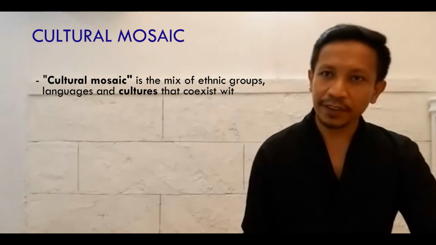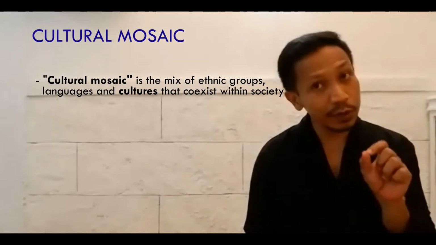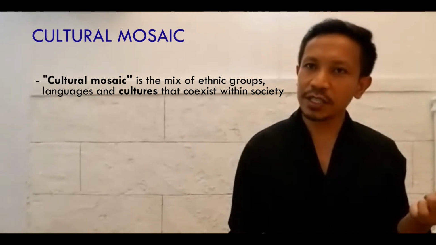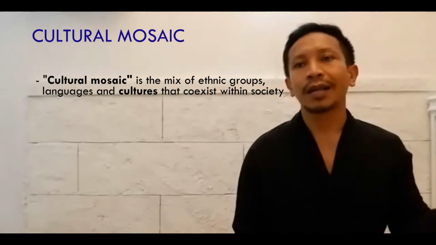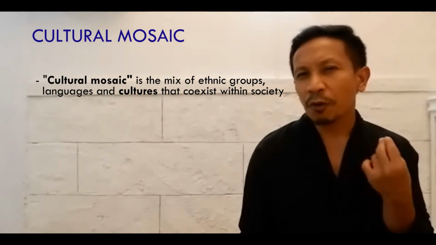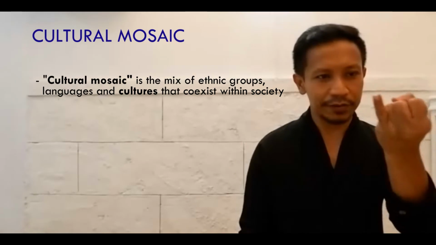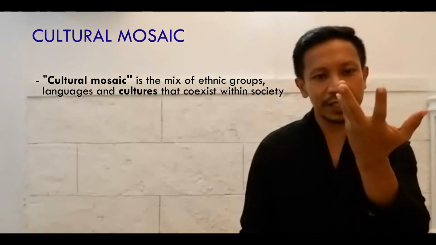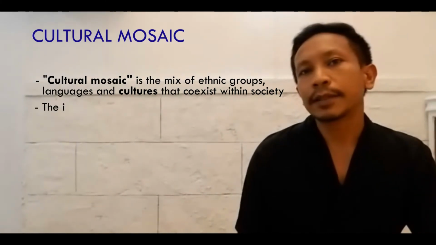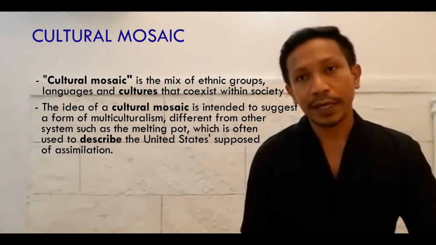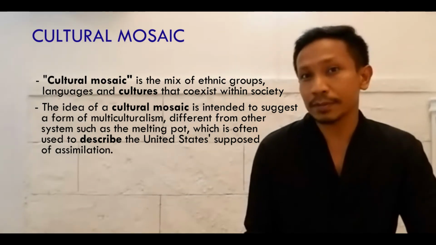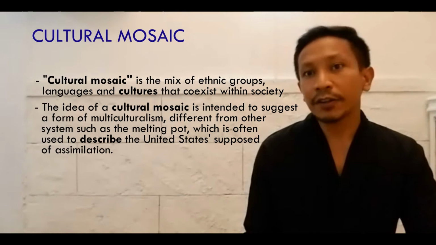It's the mix of ethnic groups. I think you need to understand the keywords, which is mix of the ethnic groups. It is a mix of ethnic groups, languages, and cultures that coexist within society. So like different, and then coexist within society. Okay. And the idea of a cultural mosaic is intended to suggest a form of multiculturalism different from other systems